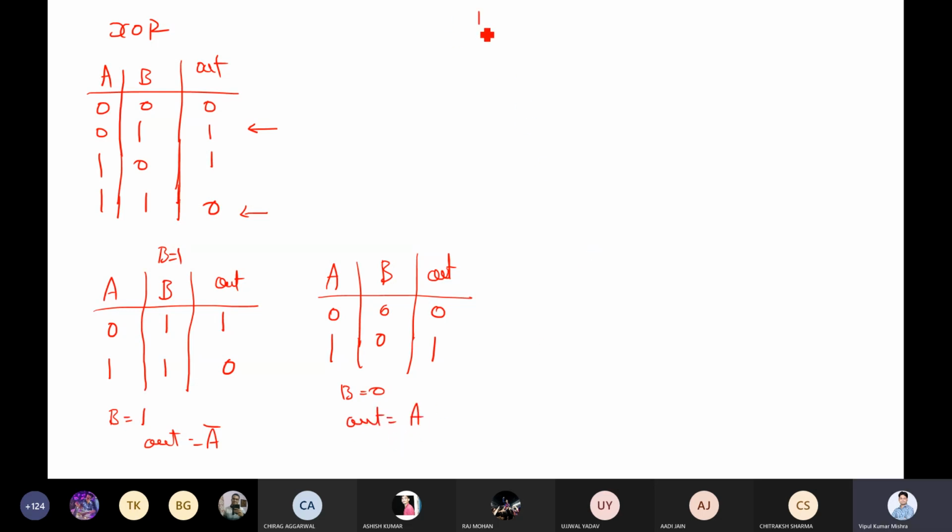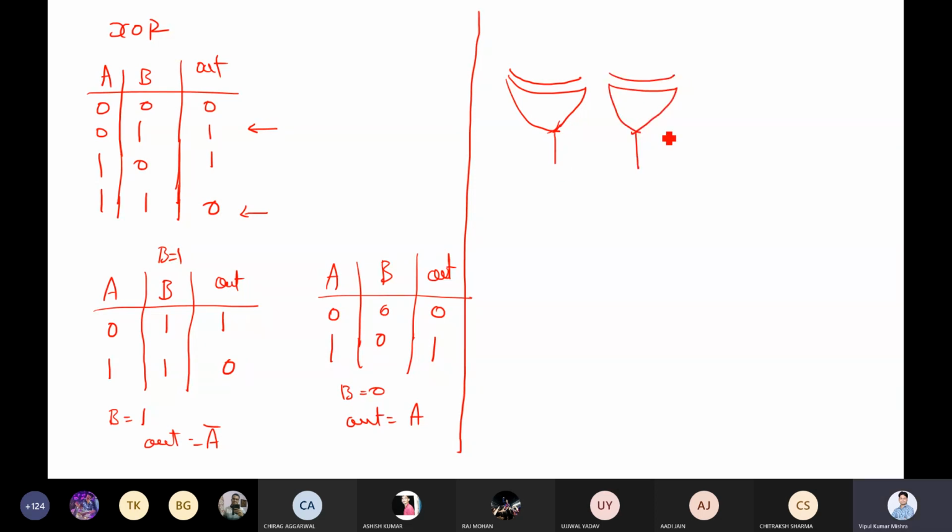Any doubt till this point? No, sir. Cool. Now I want to utilize this thing. So here I just made 4 XOR gates, and I'm giving 4 inputs.